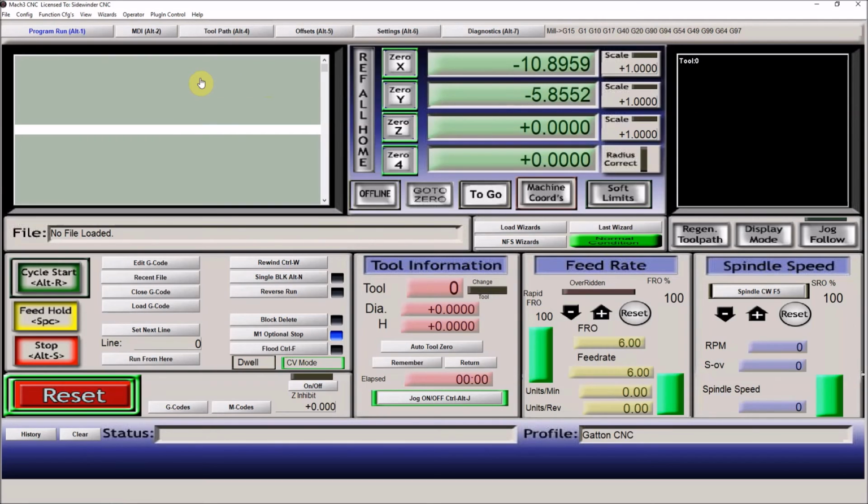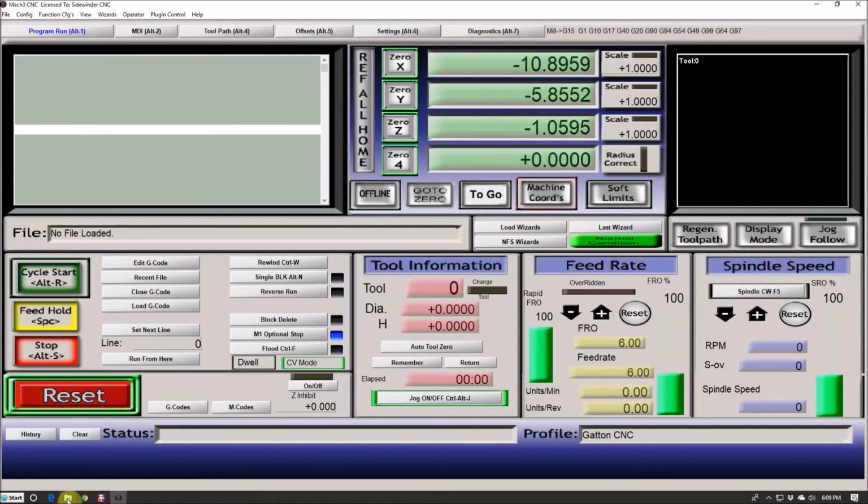Okay, same thing with the Z. If I hit page up, the Z axis should move up and the number should get in the positive direction. If I press page down, the router should come down towards your workpiece and start getting into the negative numbers. So all those three axes have to be moving in the correct direction for any of your parts to come out right. So we're going to go ahead and save these settings once more,